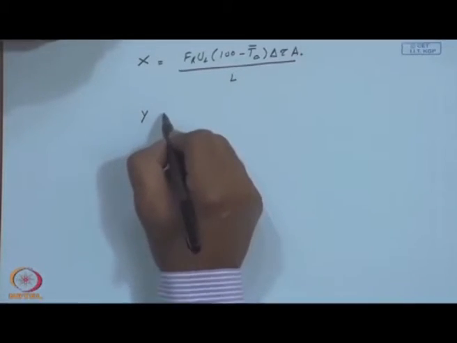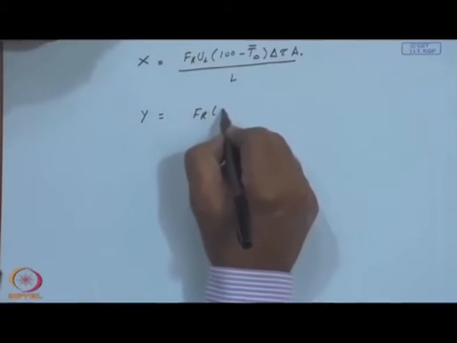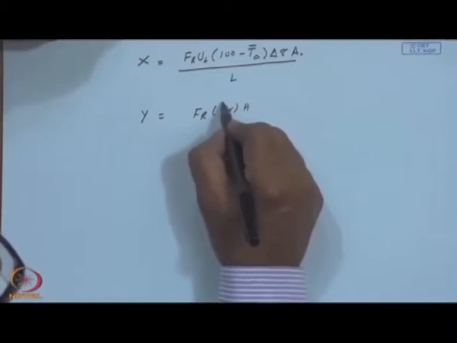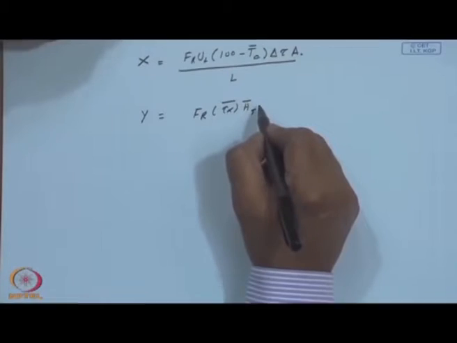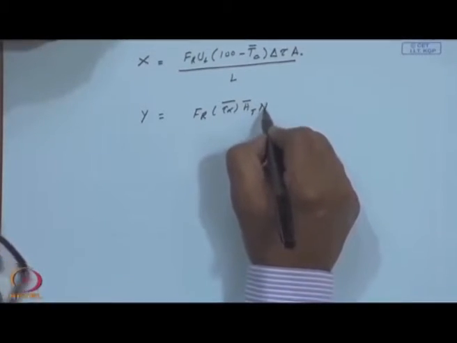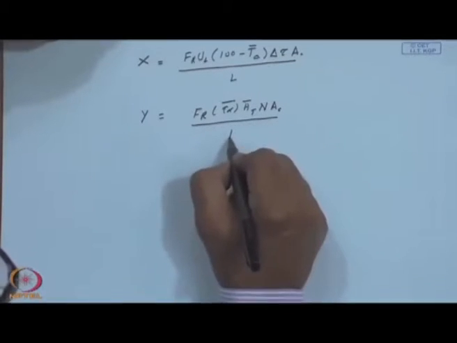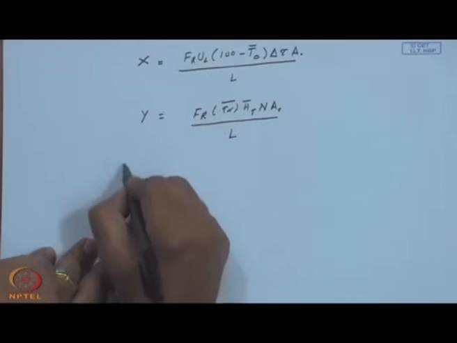Similarly, y, the non-dimensional absorbed energy, is FR multiplied by the transmittance absorptance product average for the month, into tilted radiation monthly average daily, multiplied by the number of days in the month and the area of the collector, upon the load. Of course, FR